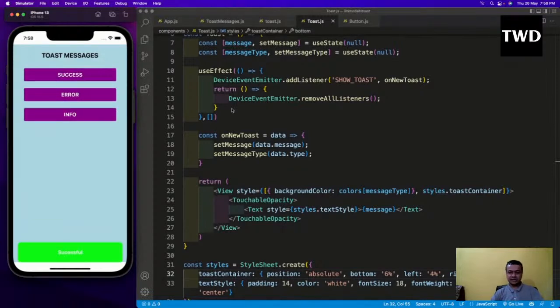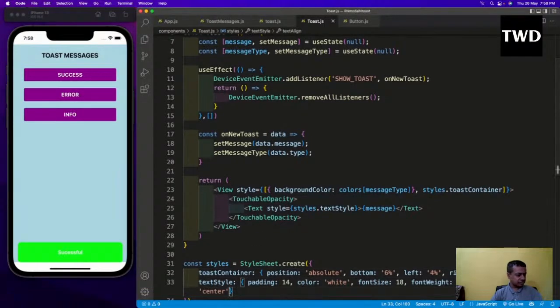Okay, so that is there, and now the next thing, one more thing which is remaining, is that the text messages should disappear after some time. Right now what is happening, this is not even a toast message because it is there for the rest of the time. So we have to make it disappear, and for that we are going to make use of refs. Refs give some very deep access to everything, so we'll make use of that. So we'll come here and do a